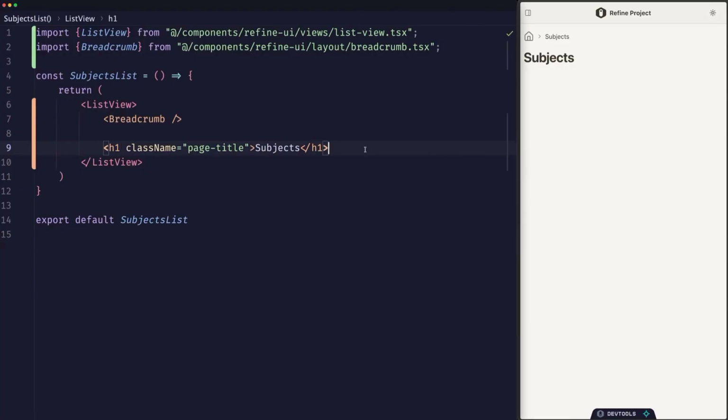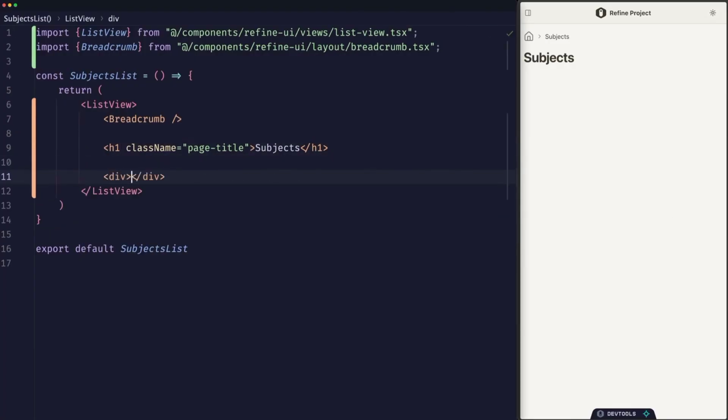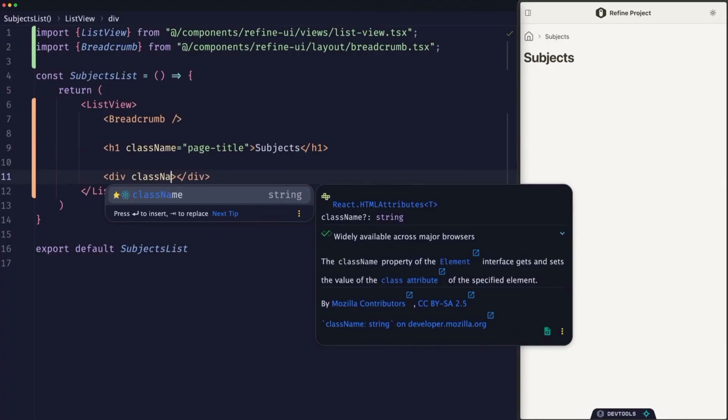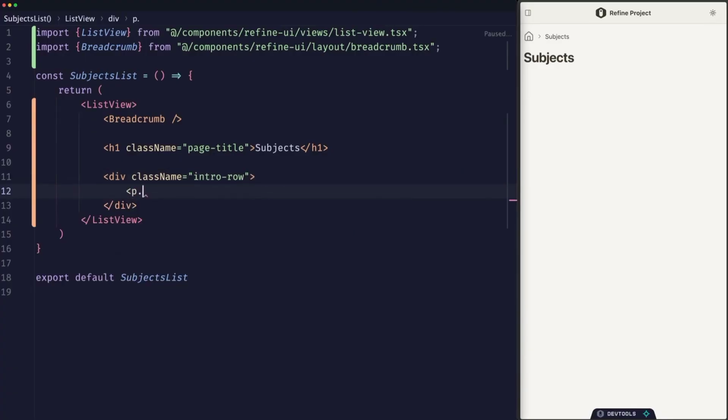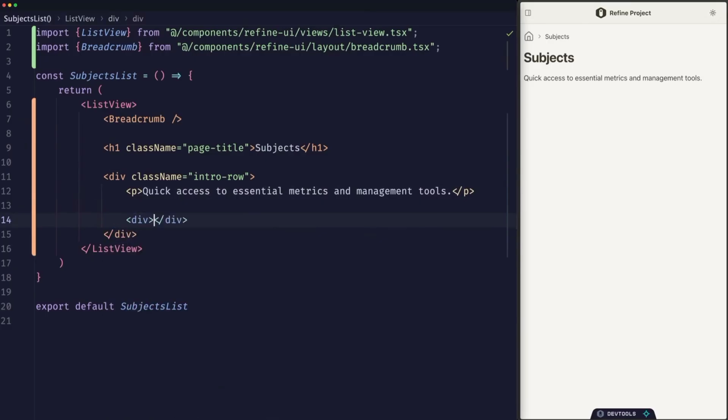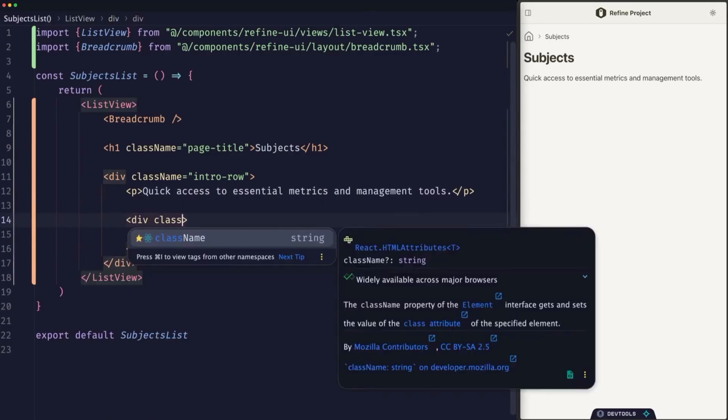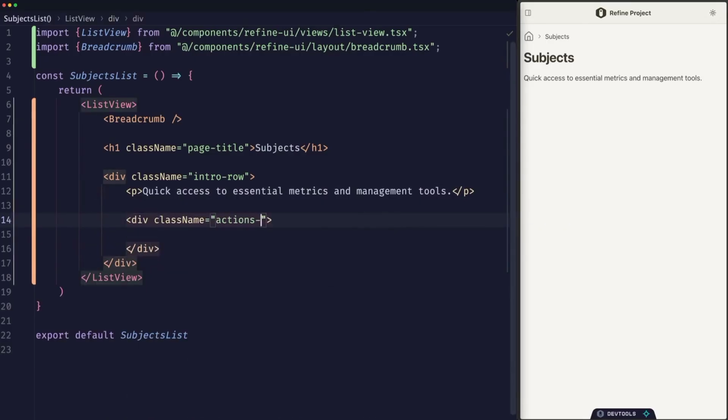After the H1, I'll render a div, and that div will have a class name set to intro-row. And right here, I'll render another p tag that'll say quick access to essential metrics and management tools, so we can have it all in one place. Then below it, I'll render another div with a class name set to actions-row, and within it another div that'll